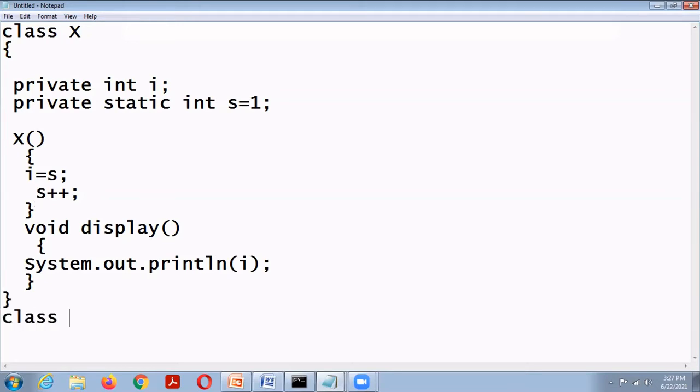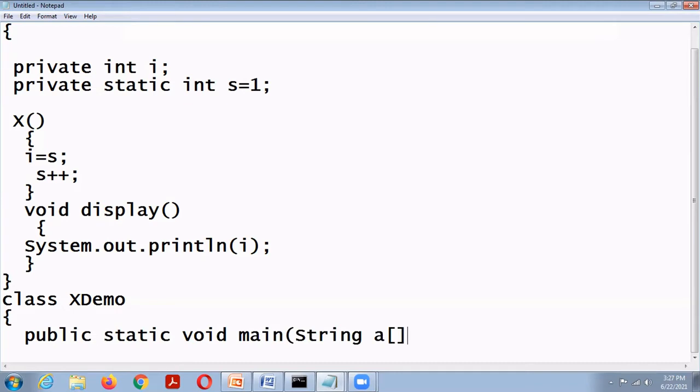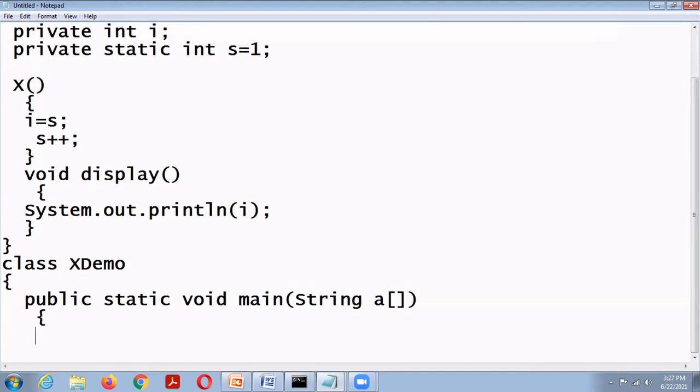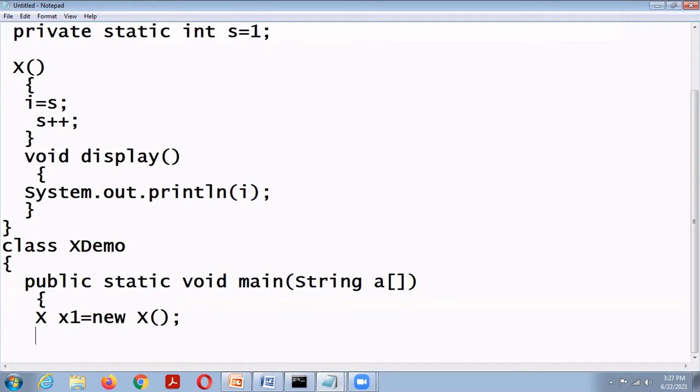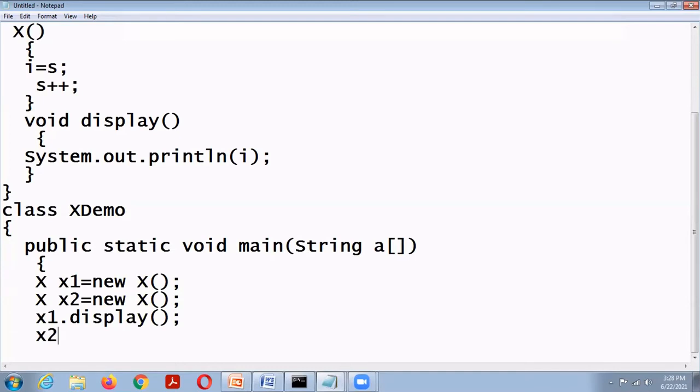Then class XDemo, public static void main, String array. x1 equal to new X. Then x2 equal to new X. Okay, then x1.display, then x2.display.